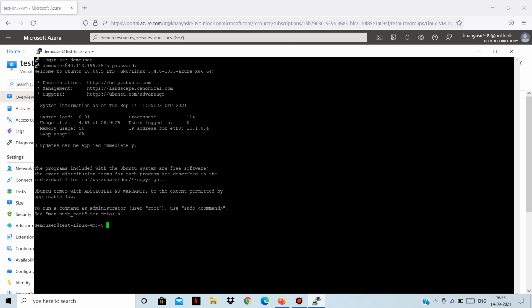Okay. So now we will install Apache web server on this Linux virtual machine to host a very simple web page. In Windows we use Internet Information Services web server to host our website. In Linux we will use Apache web server to host our very simple website or web page. So let's just first log in as a root user. Just provide the command sudo su to get the administrator privileges. Okay, now we are in administration mode as the root user.